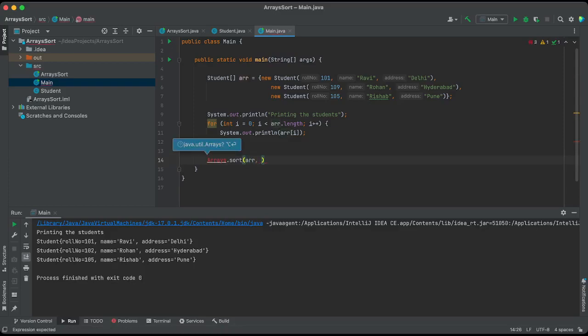I have to import it. And then we have to sort by roll number, right? So for that we will